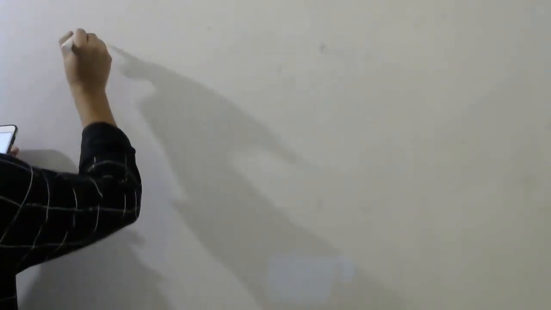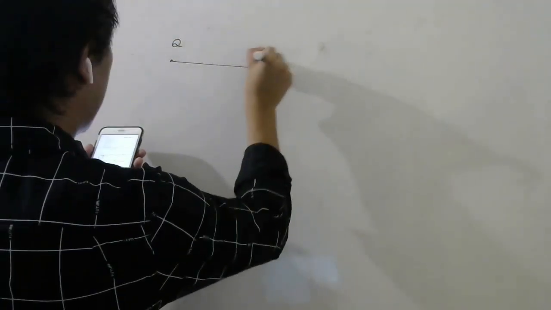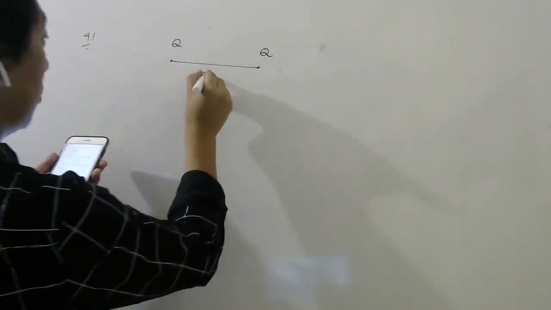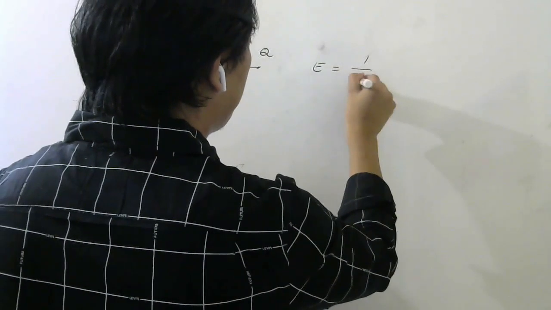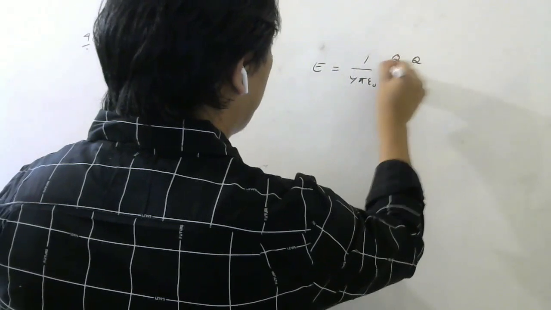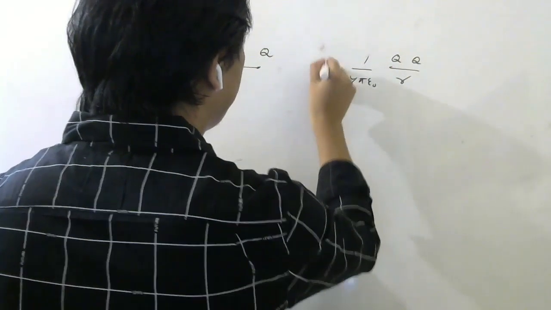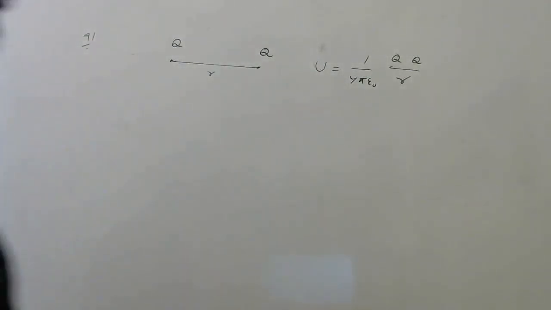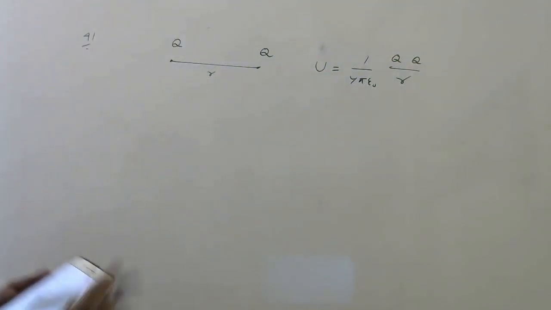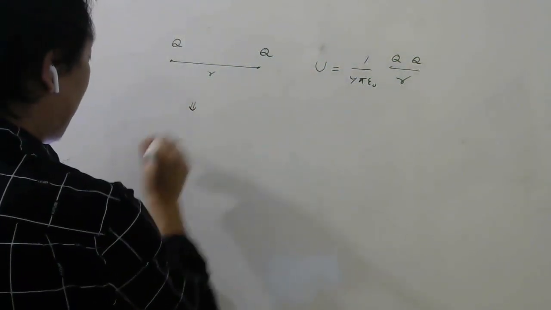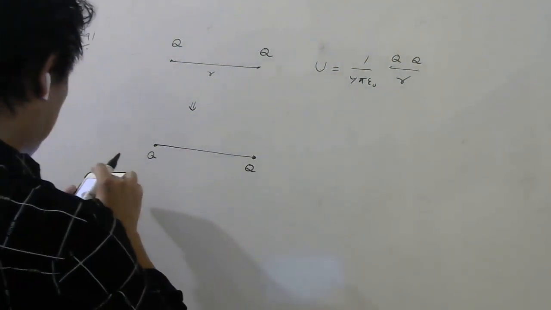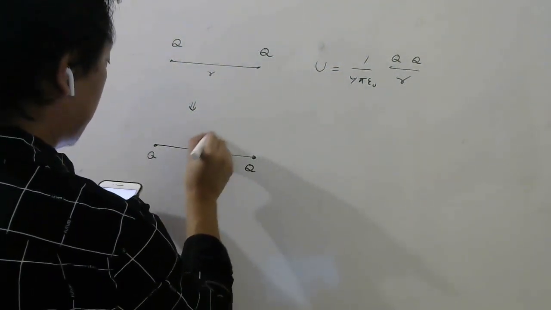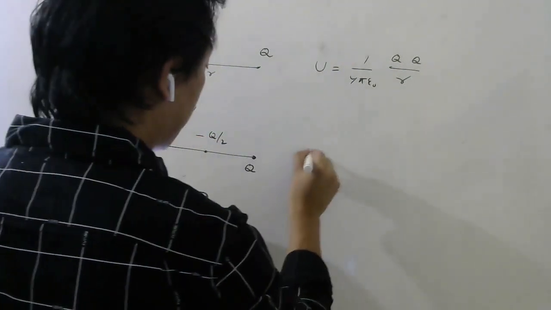Simple question, 41. So initially they are saying one capital Q is here, one capital Q is here. Distance they have not told, let us assume R ourselves. That time the energy is 1 by 4 pi epsilon naught q square by r. Let us write capital U only, okay? Capital E we usually use for electric field in this chapter. Then later what they have done, they have kept in the middle a charge minus q by 2. Now what will be the potential energy of the system?